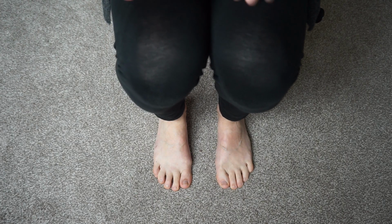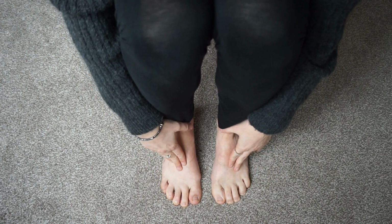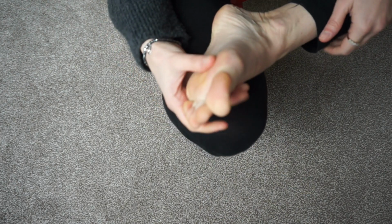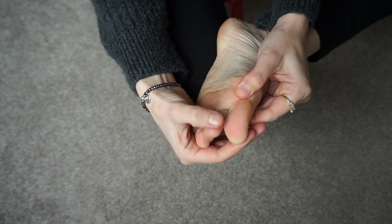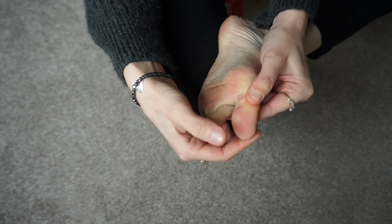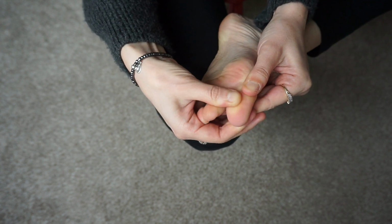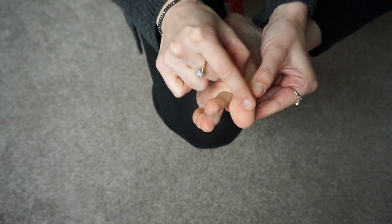So now I'm going to show you the foot points. I'm just sat on a little stool, so I can easily access my feet. The first point I want to do is the pituitary gland. If you just take your foot, the pituitary gland is located in the centre of the big toe. So if you just cover this whole area here, in the middle,